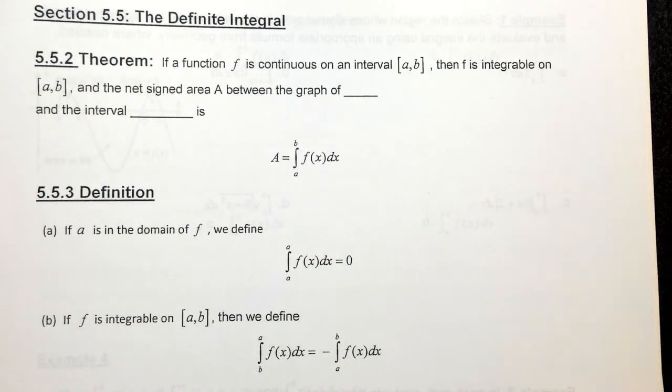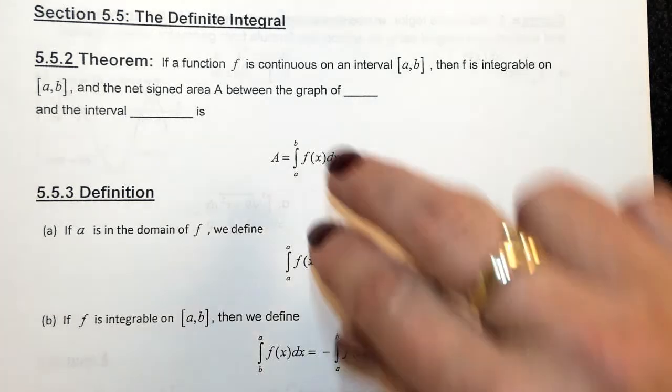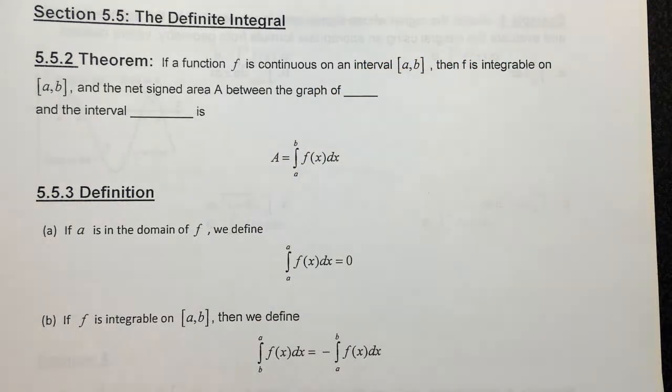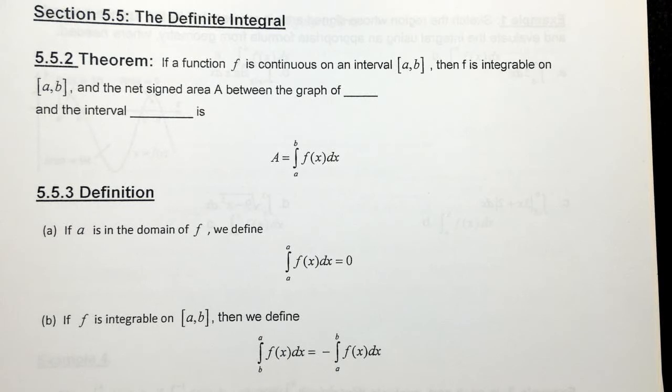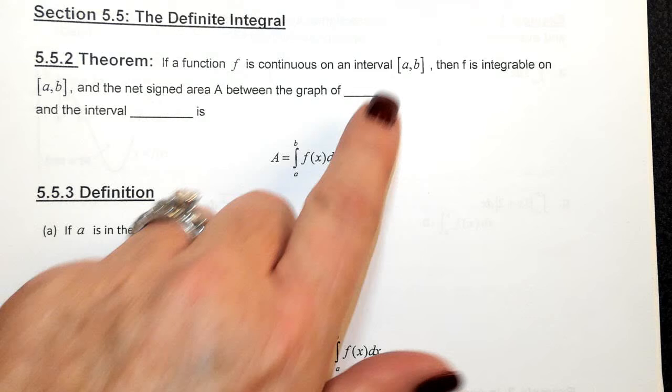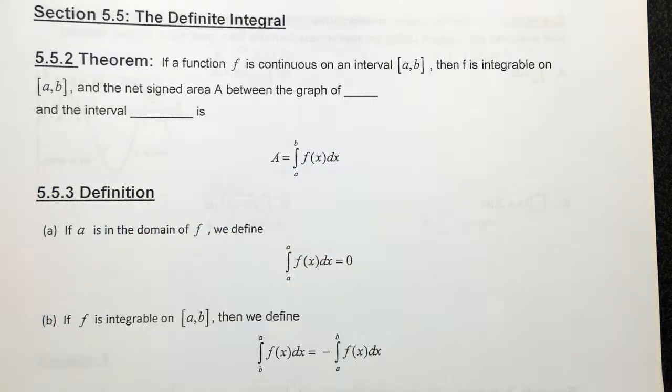Up till now when we've been talking about the integral, we've been looking at the indefinite integral. What we're going to now take a look at is the definite integral. And the difference is, when you've been looking at your integrand, you have not seen these bounds, this lower bound or upper bound on your integral. So when you've got a function that is continuous on a closed interval a to b, then f is integrable